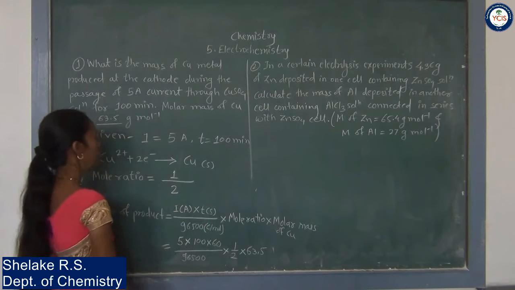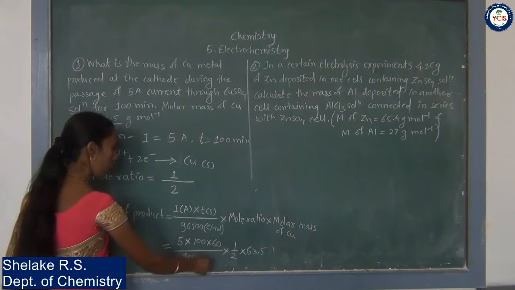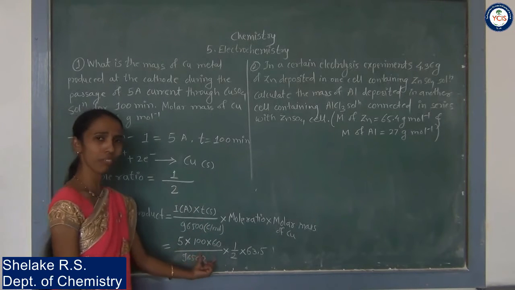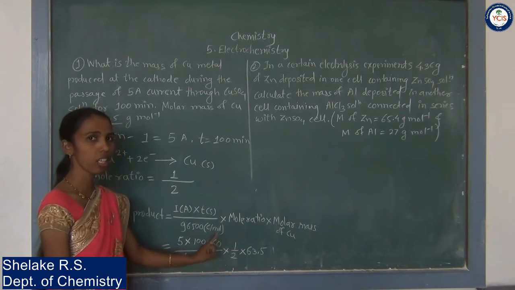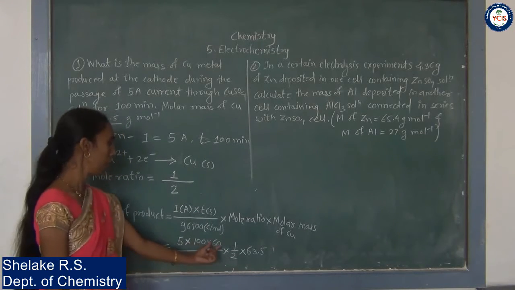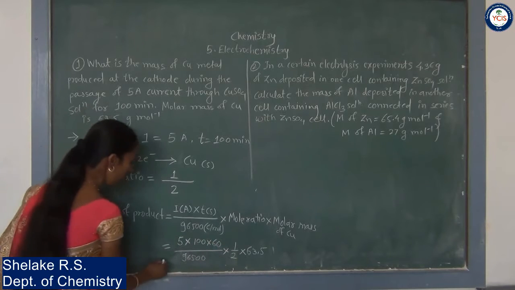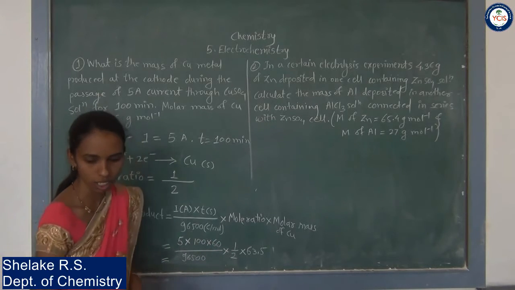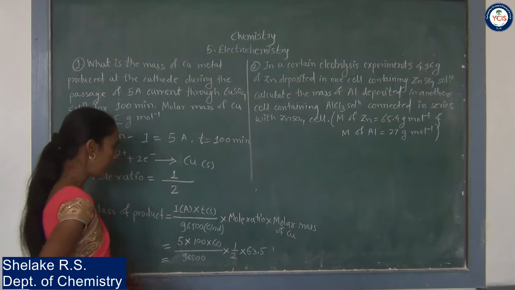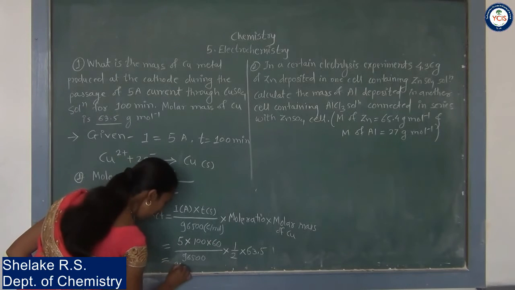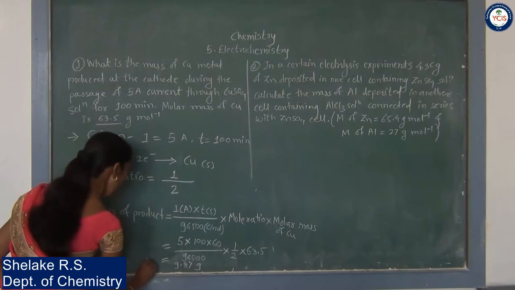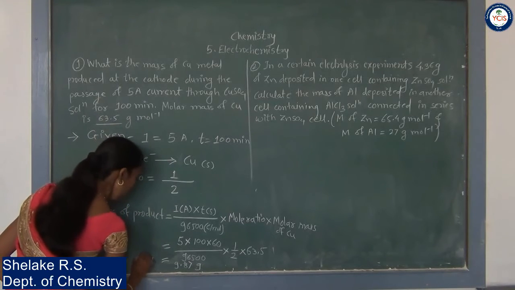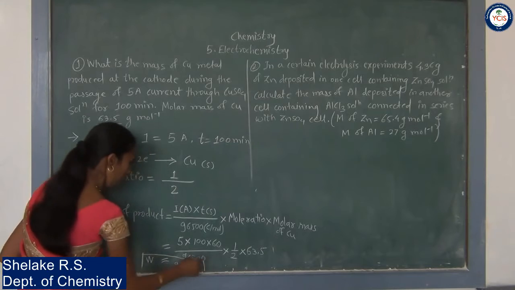63.5 gram per mole. Now after calculation of this, I have told previously that all calculation we have to do with the log table. So by doing the calculation of this, finally you will get the answer as 9.787 gram, which is the mass of the substance denoted with W. So this is your answer for this problem.